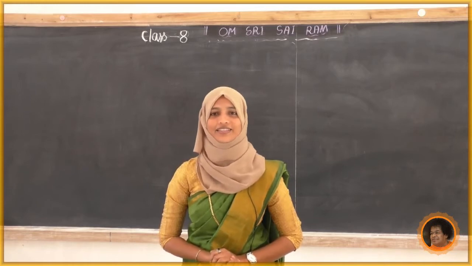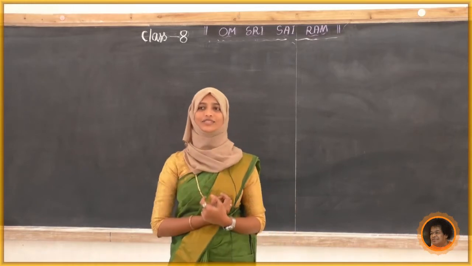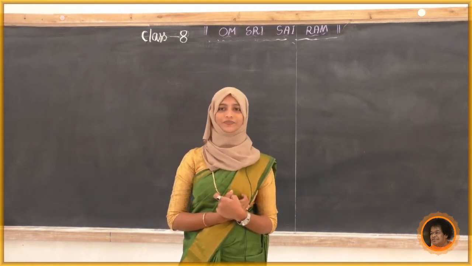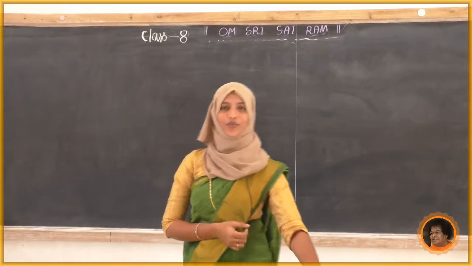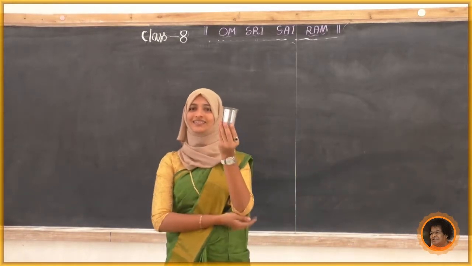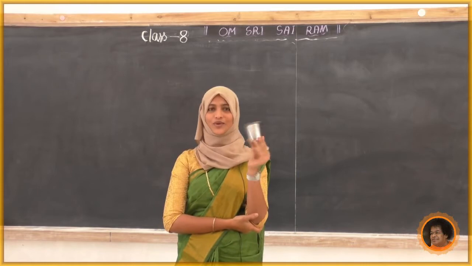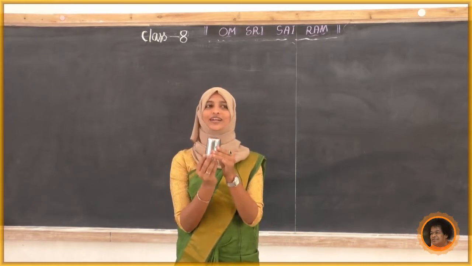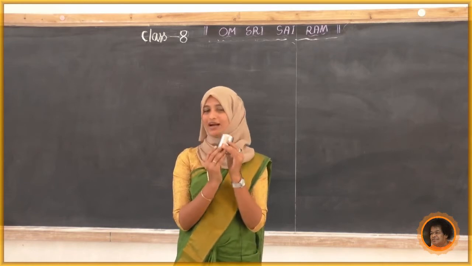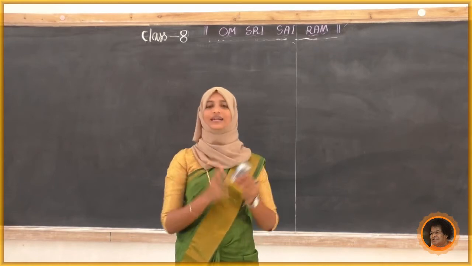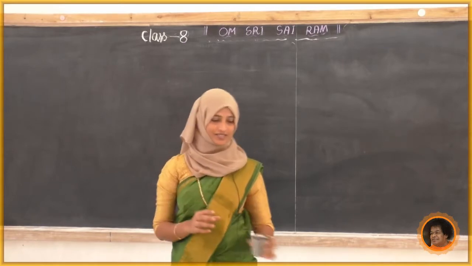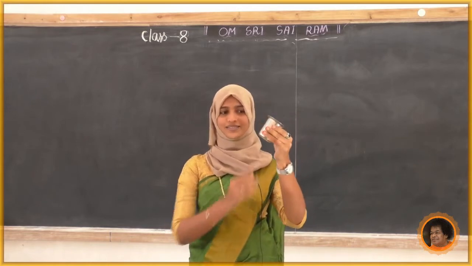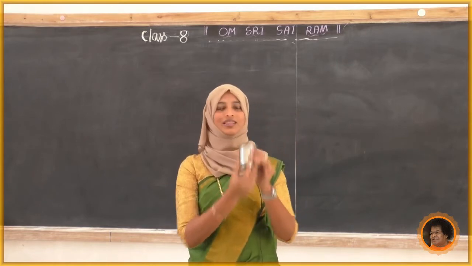Ready? Now I will tell you some materials in my surroundings. First we can see one steel bottle, a steel glass. Now tell me whether it is shiny or dull. Yes, it is very shiny. So write down in the column: shiny. It is my observation; you can write your own. Next, is it hard, soft, or not very hard? Yes, it is very hard. So write down that it is hard.